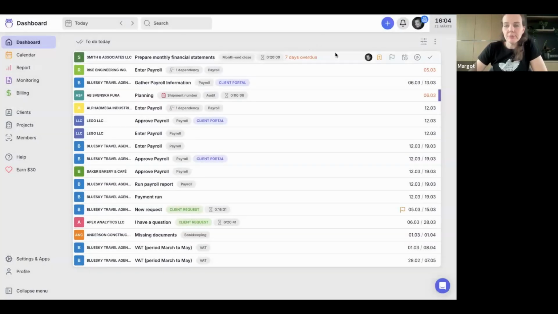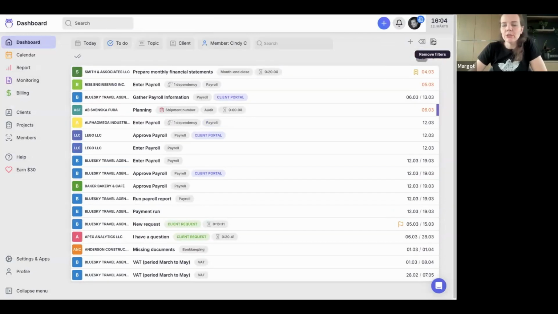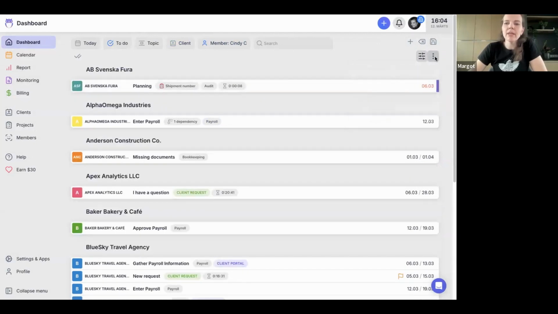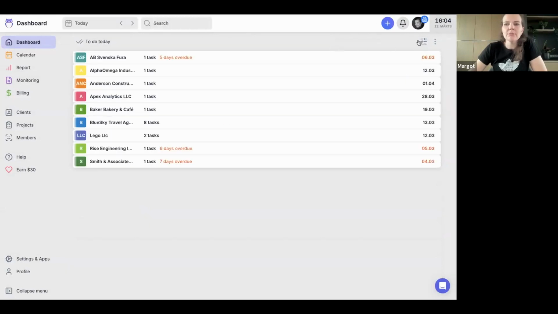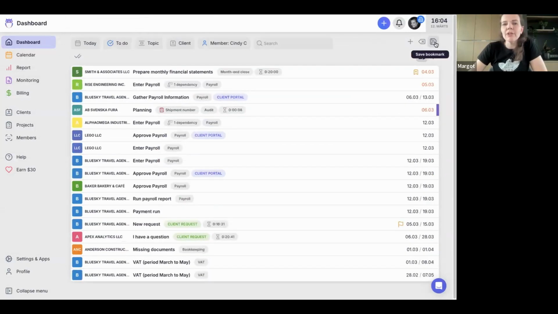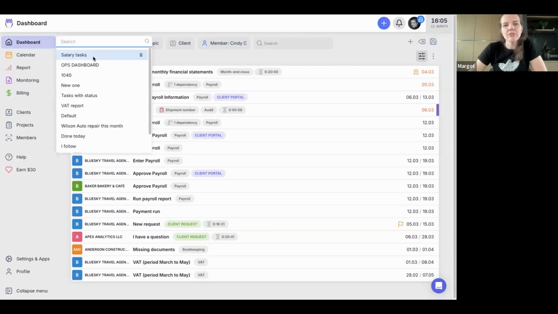Every single person in your team can create a preferred version of the dashboard, how they like to work. So they can add filters, they can filter out tasks, and they can also group the tasks by different criteria. And then throughout the system in Uku, you will be able to see the save option. Whenever you create the custom set of filters that you like to work with, you can save that view as a bookmark